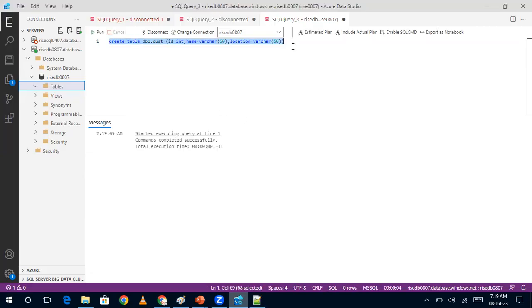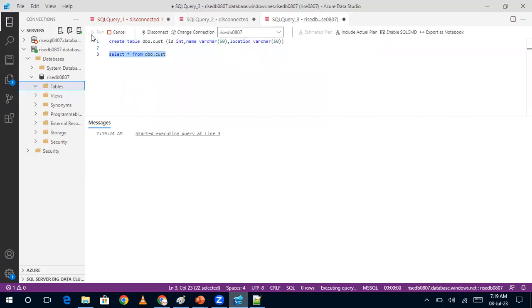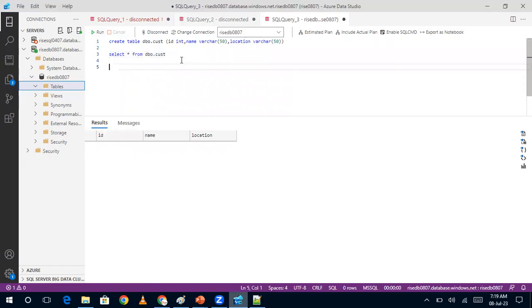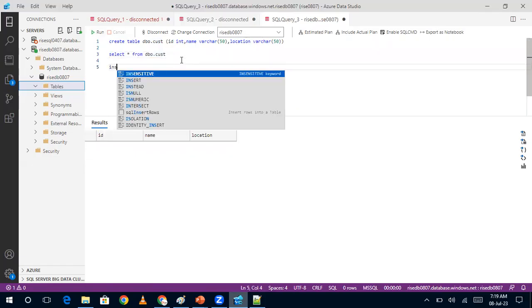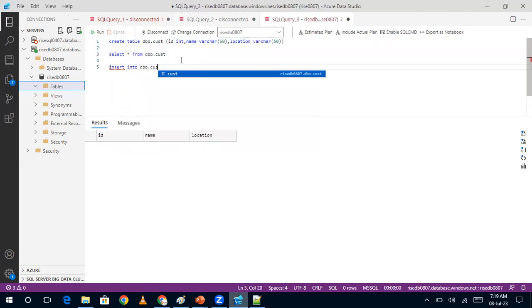Okay, now I have the table. If I query this table, will I have any data? Select star from dbo.customers. We will have nothing, but just to show you that we don't have any data right now. Right now, let's insert some values. So let's go on with inserting. Insert into dbo.customers values,